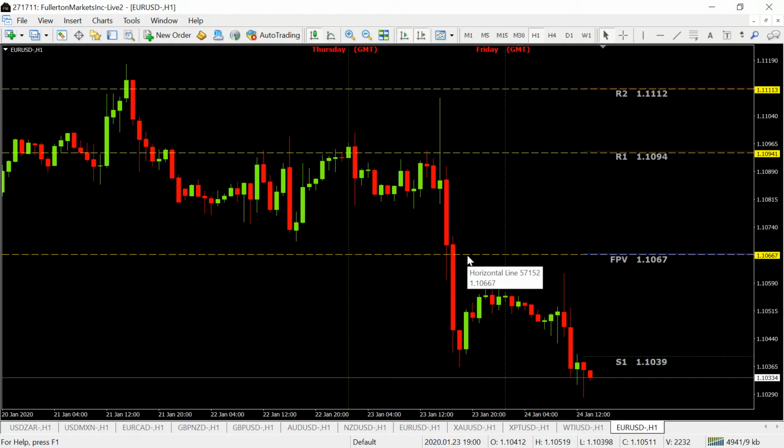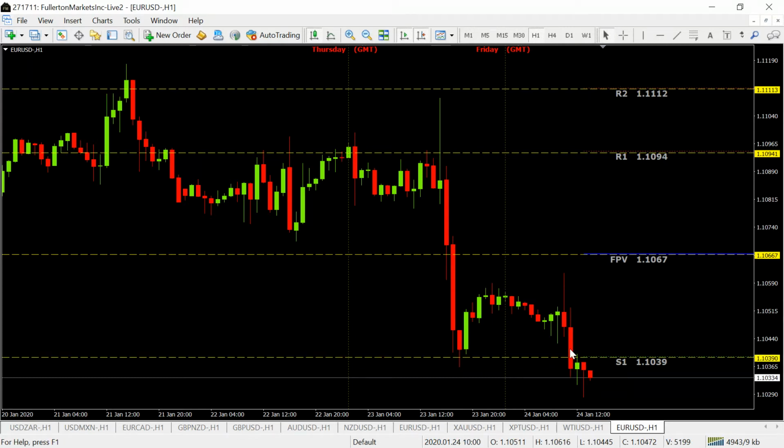Where is it going? Well, it's going to the next level. It's going to S1. And wow, what did it do? Sure enough, it got down there and stopped, and then came back up for a while and came back down. It just basically went sideways between the pivot point and S1. But there weren't enough buyers in the market for it to push back up, so it came back down to